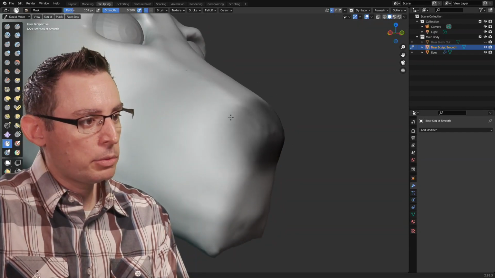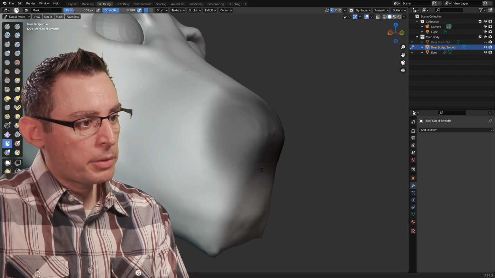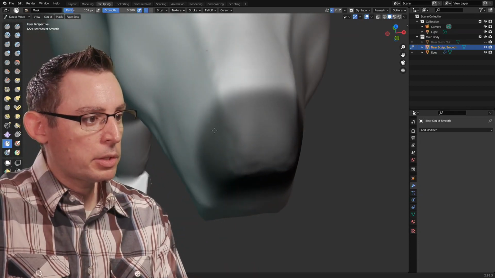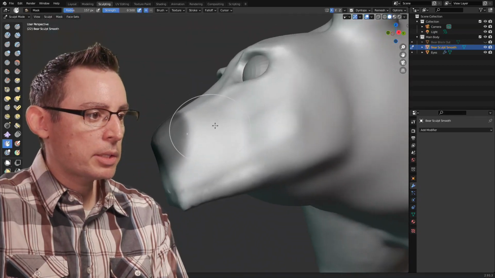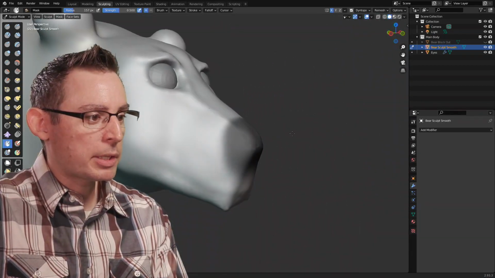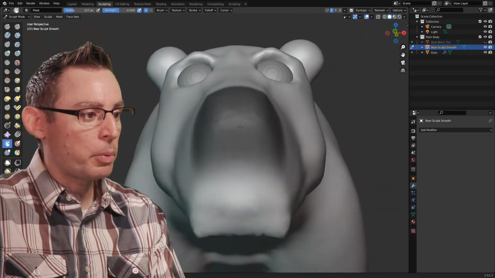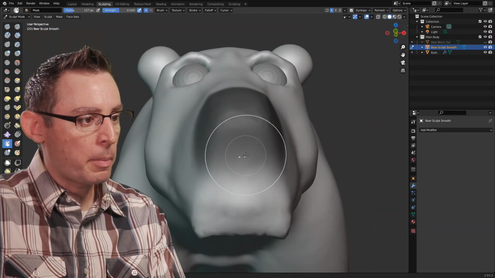The masking tools are really great because they allow us to visualize on the geometry where all of this information is going to be placed. And we can take a step back and look at proportion and size and go, yeah, that's pretty cool. I'm digging it. That's a good starting point for the mask itself.